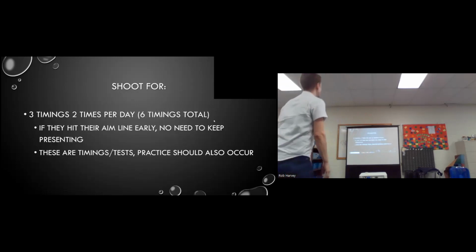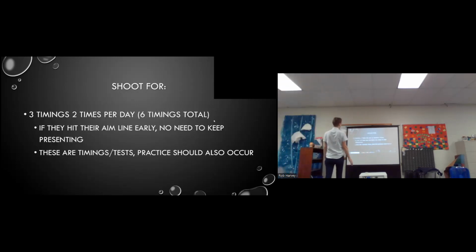You want to shoot for 3 timings per day. So they do the practice, the teaching, all that kind of stuff separately. And then about 6 times per day, they sit down with them with their stopwatch and say, ready, set, go. And then they have them start the skill to get towards their aim line. And you usually see them progressively get a little bit better as you go throughout the session because they're practicing and it's fresher in their mind.